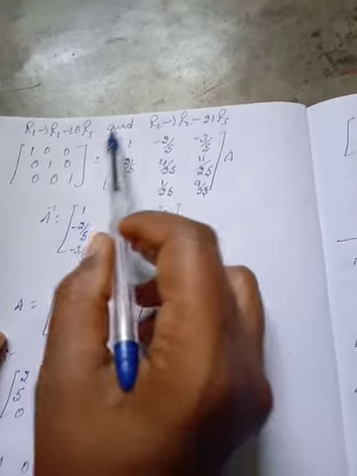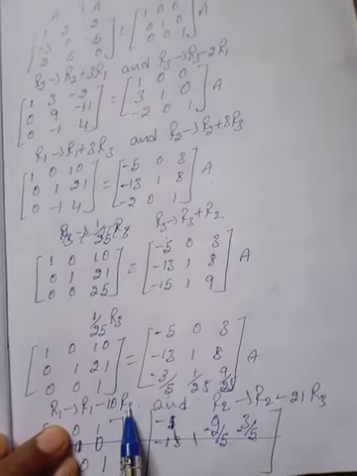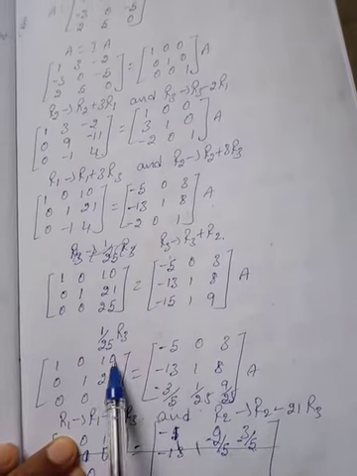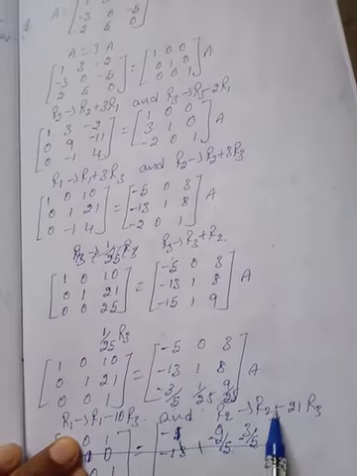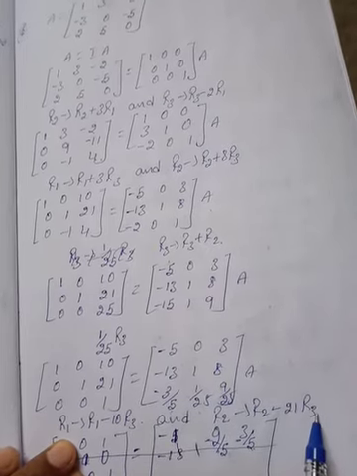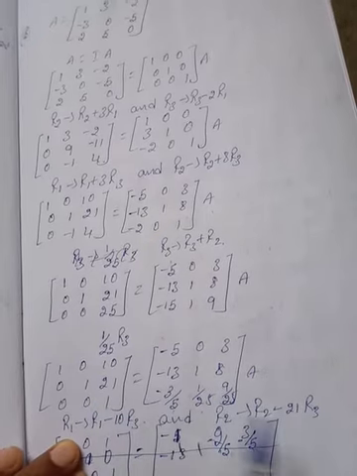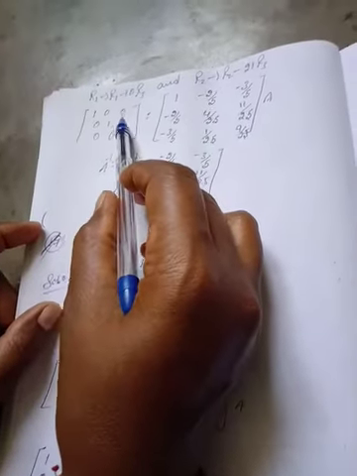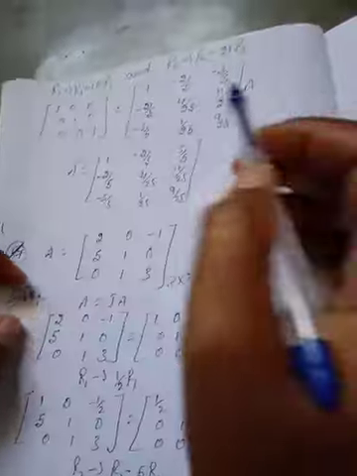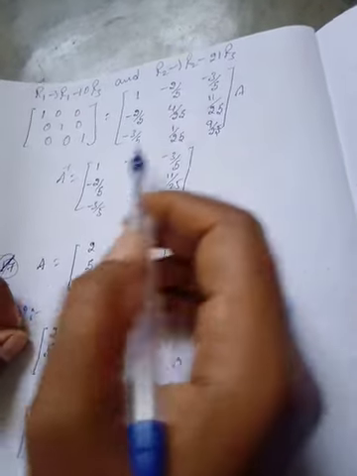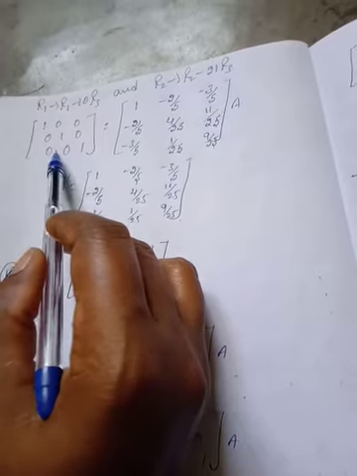If you take these two conditions, see here R1 minus 10 R3. R1 minus multiplication of 10 in R3, that is 10 minus 10, 0. Then here R2 minus 21 R3. That is, if you multiply 21 here, R2 minus 21 R3, 21 minus 21, here also 0. Here also we need to get these two as 0. Next, in the same way in the RHS also you are getting like this into A. So in LHS we are getting the identity matrix.